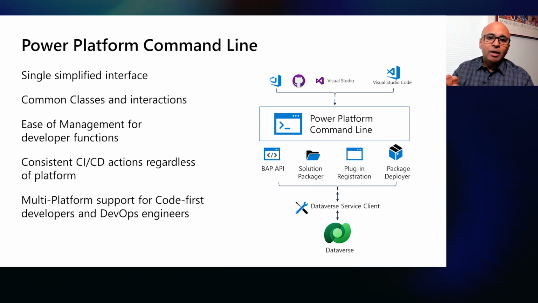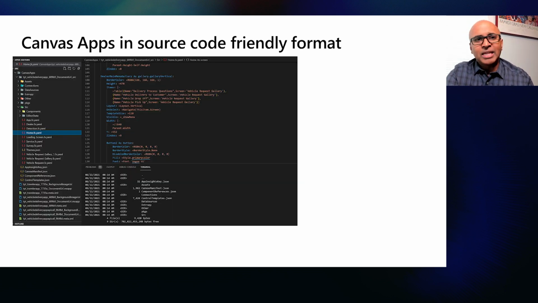So whether you have code-first developers developing on Windows, Mac, or Linux, we can work on all three. And you can still build these Fusion applications quicker, faster, better, and deploy them to various different environments, regardless of what environment or OS platform you start off on. So here's an example of how the interface looks.